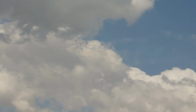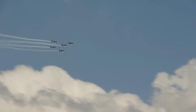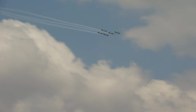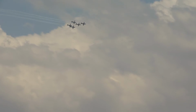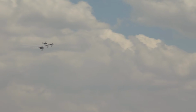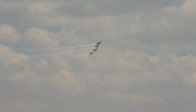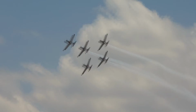Getting ready now to position for a wing over to the left. These are all the brand new PC-7 Mark IIs. They've undergone all the modifications. Beautifully painted up in the colors of the Falcon. Such a proud moment for the Falcons, knowing that they are back in the air,